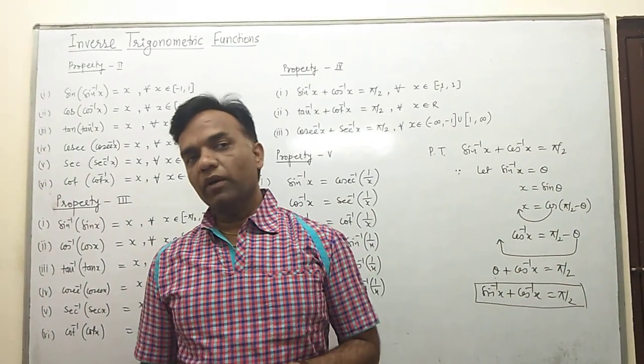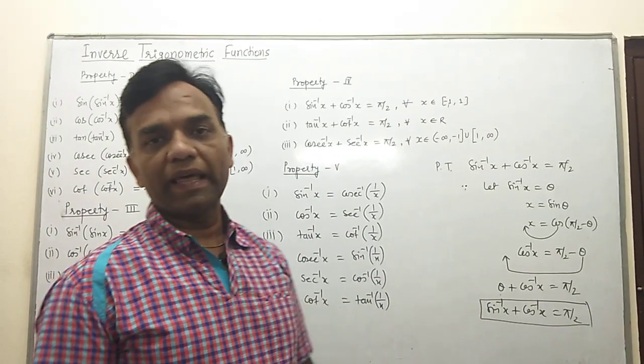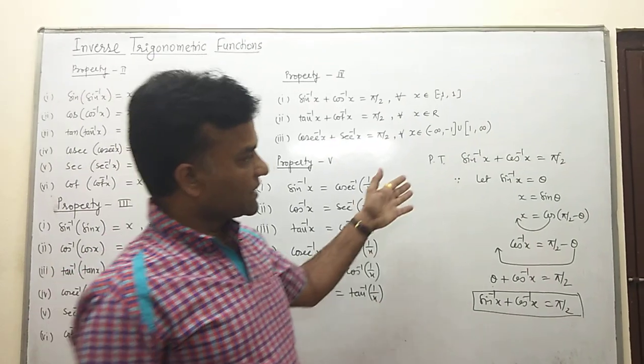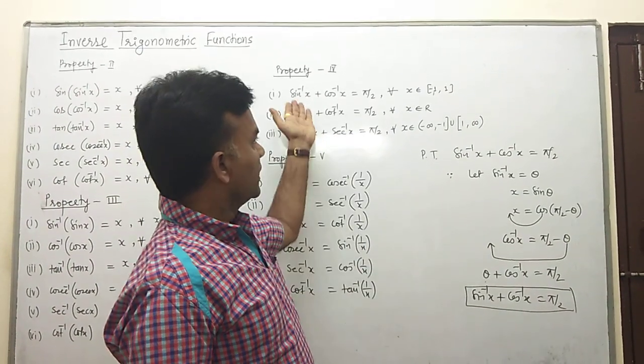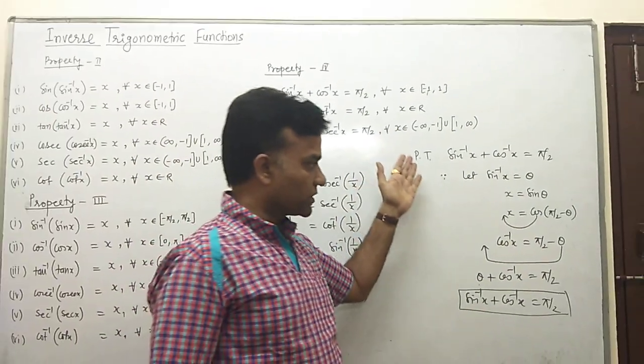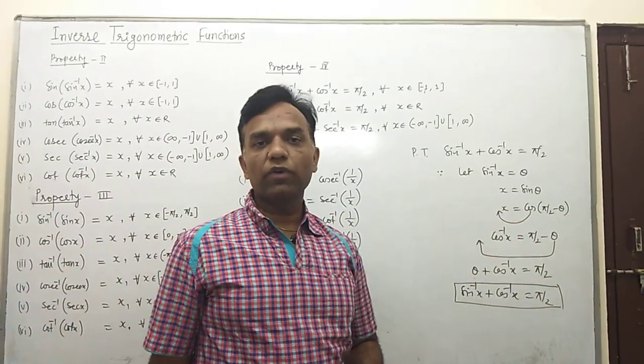So this is very easy going; you only convert to the complementary angle, because these three formulas are related. Maybe in the examination some proof is asked, such as prove that this equals pi by 2, or this equals pi by 2, or this equals pi by 2, but your procedure is the same. This algorithm is the same for all three.